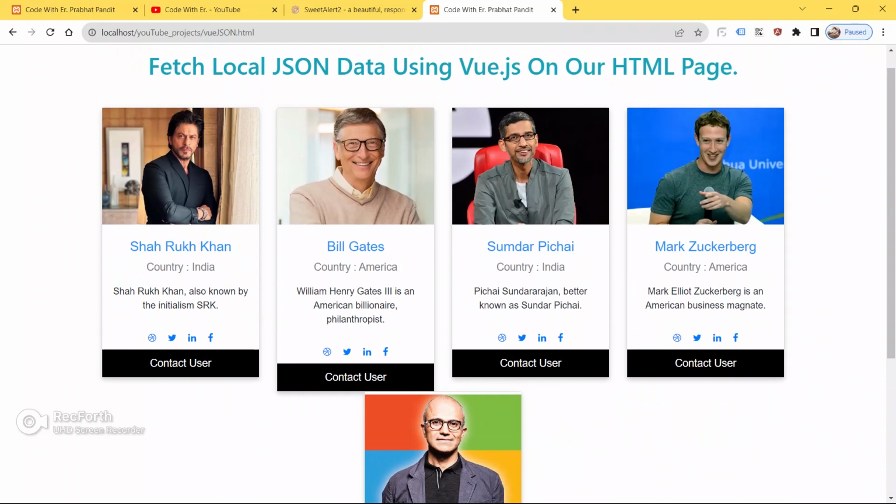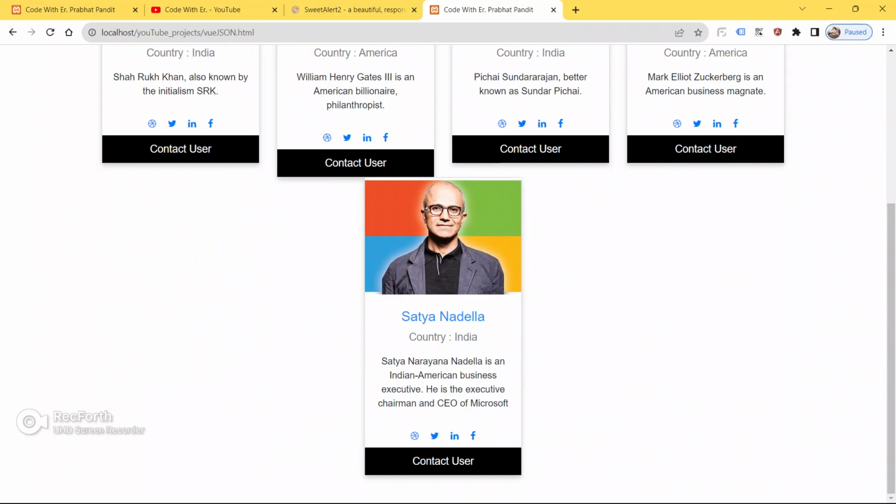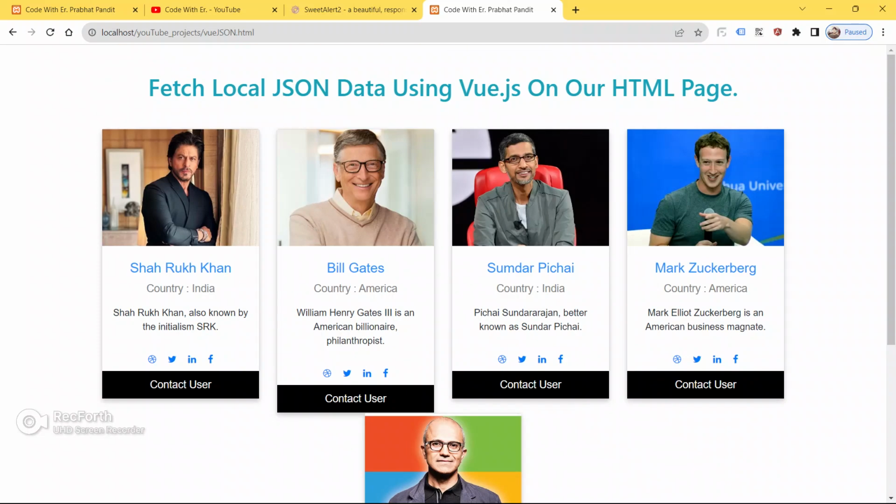That's it. So guys, as of now, whenever you click on this button contact user, you won't see any pop-up. See, nothing is happening. I am clicking on the button contact user, and nothing is happening. So now we have to write JavaScript for this kind of functionality.